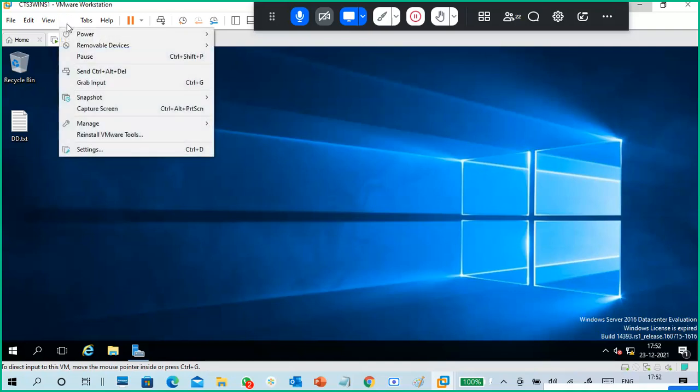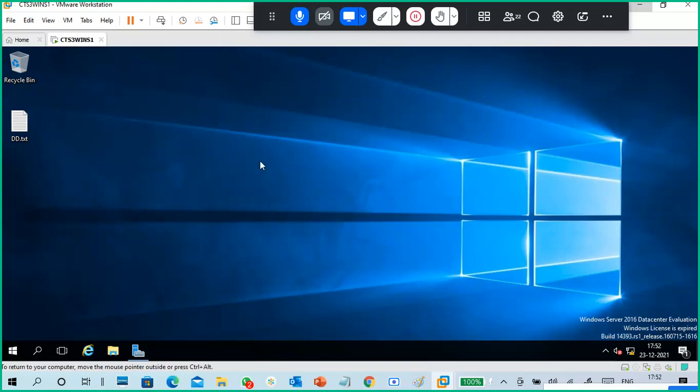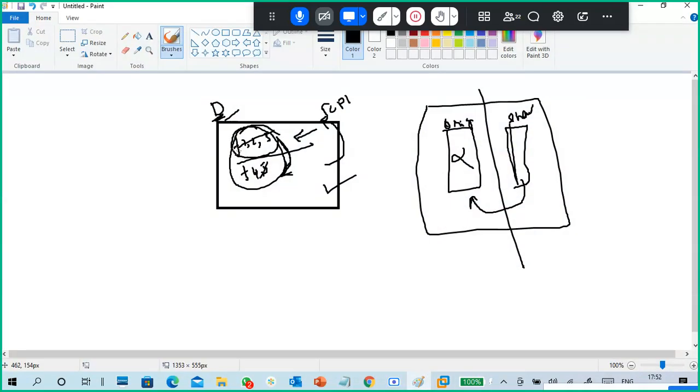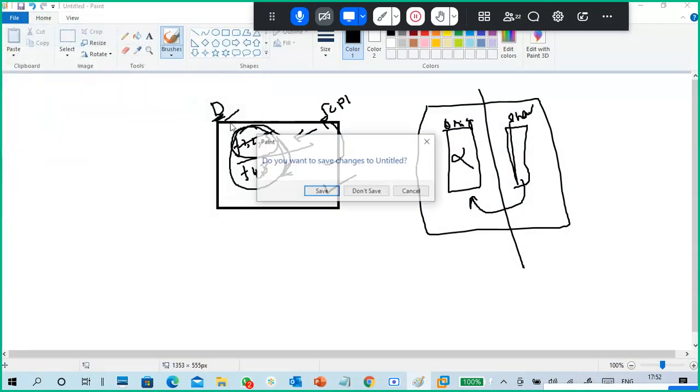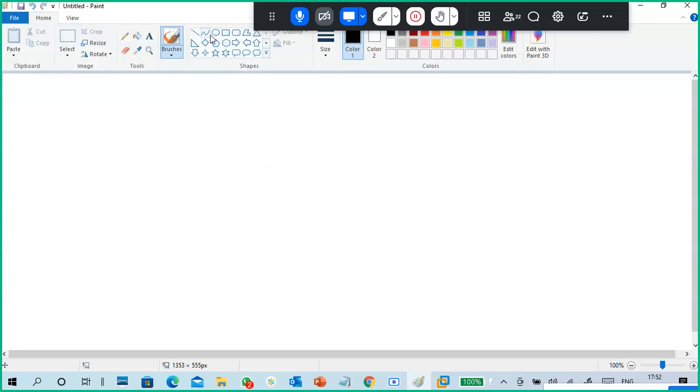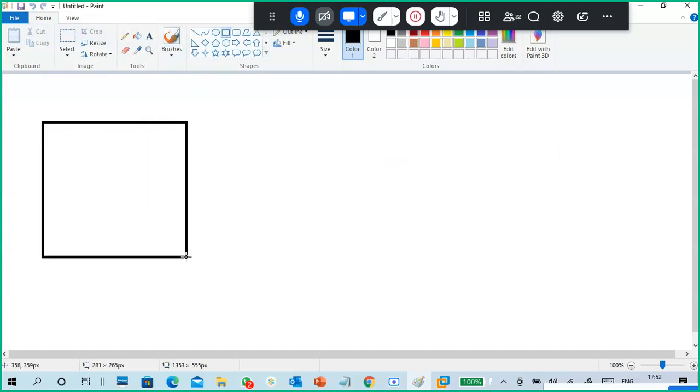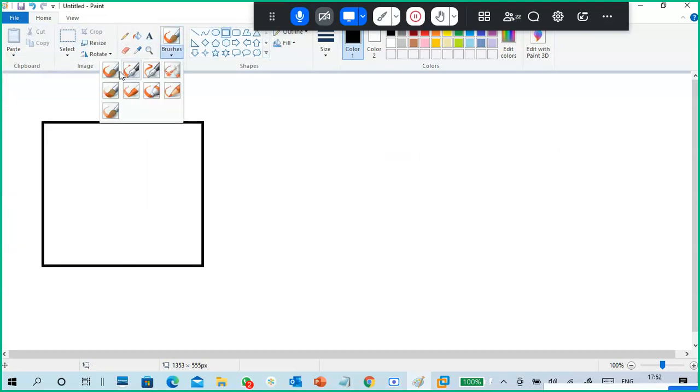Okay guys, as you asked, what is a snapshot? Actually, a snapshot takes the current condition of the entire machine. My machine is currently installed with a few things. First of all, I have an operating system, Windows Server 2016.